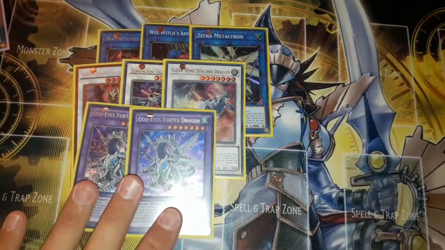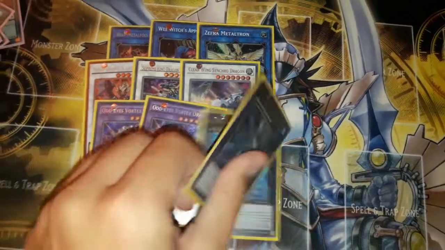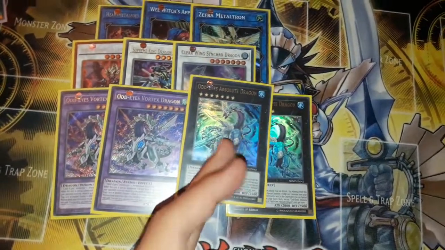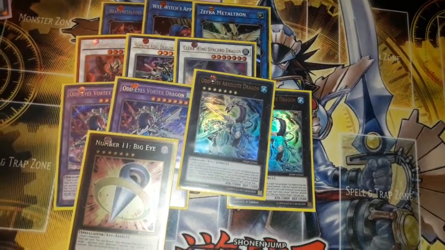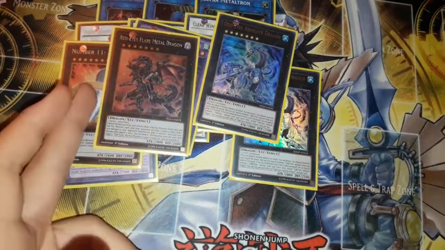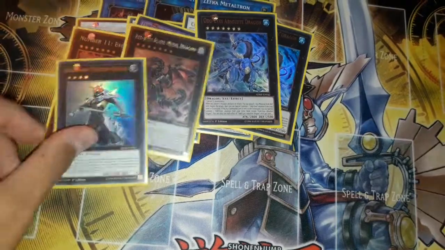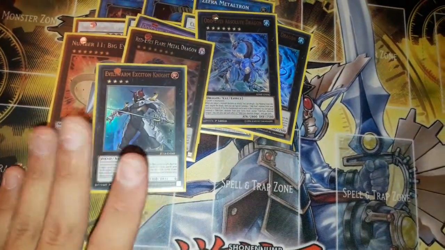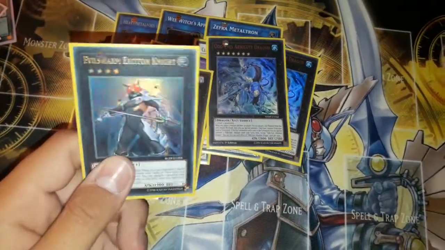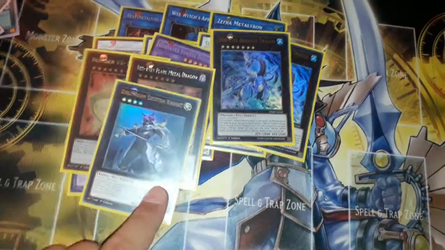Double Odd-Eyes Vortex, because this card is your main disruption. Double Absolute, because Absolute gets you into Vortex, can negate an attack, and it's your combo extender. One big guy, and of course one Flare Metal. No need to explain much here, but there are 2 more rank 7 plays. And last but not least, for rank 4s, one Exciton Knight, because Exciton Knight is...